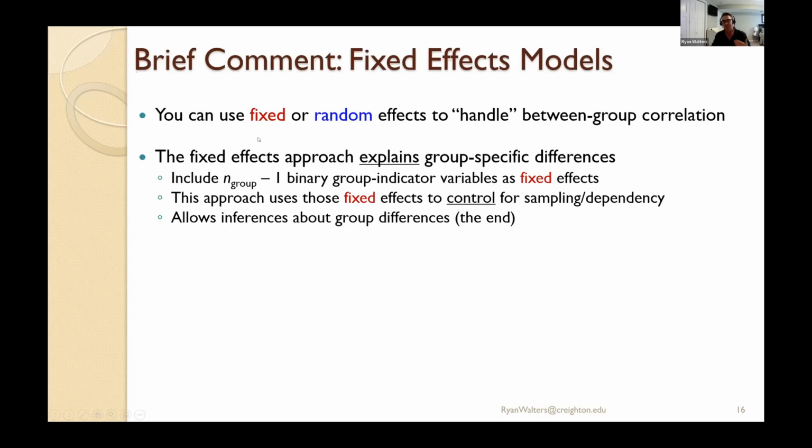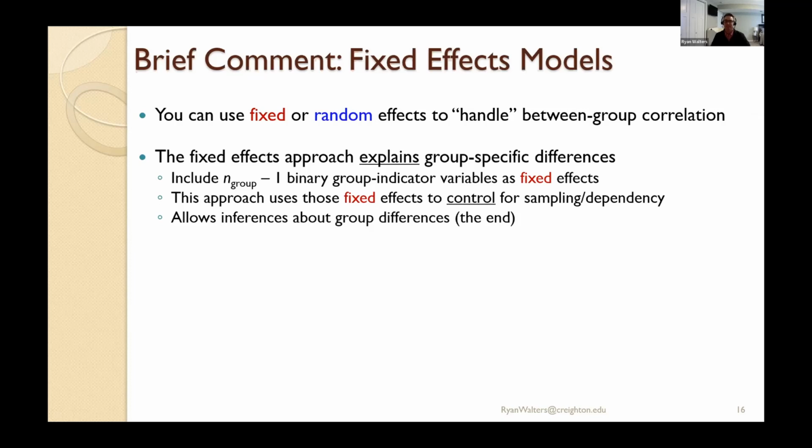Speaking specifically to fixed effects approaches, the way you're going to do this is you're literally going to create n-1, so number of groups at level 2 minus 1, dummy variables. They're going to be binary. Are you in state 1? Yes or no. Are you in state 2? Yes or no. Are you in state 3? Yes or no, and so forth, all the way through to the 50 states. You're going to include 49 of those in the model, with the 50th serving as the reference as fixed effects. So you're going to get 49 separate regression slopes that represent the difference between a given state and the reference state.